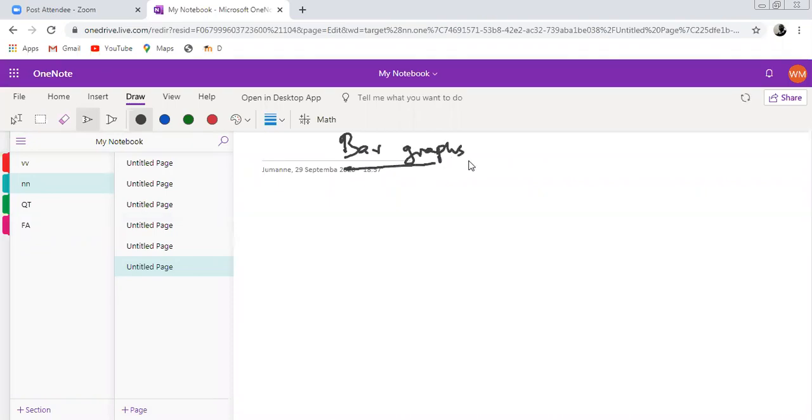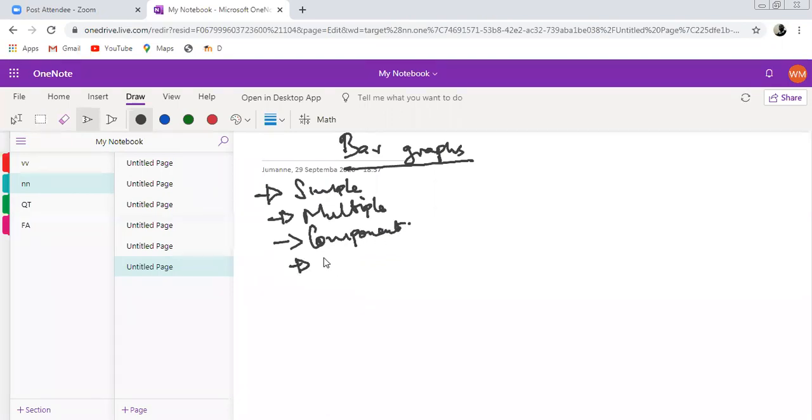The bar graphs are actually of 4 types. We have what we call the simple bar graph, the multiple bar graph, the component bar graph, and the percentage bar graph. The difference between the bar graph and the histogram is that in the bar graph, the bars are